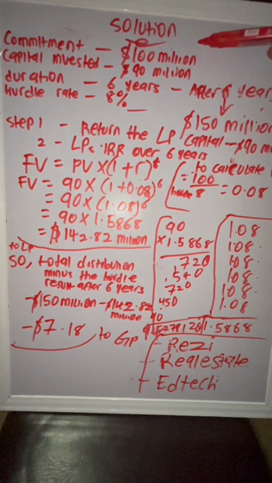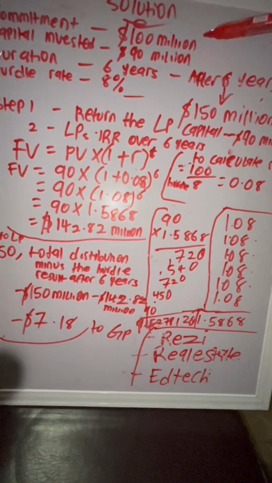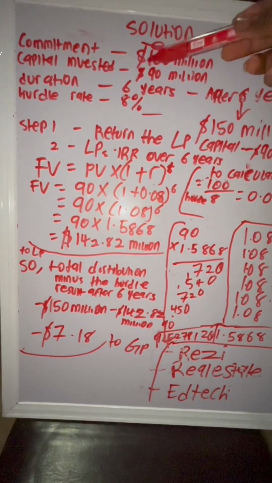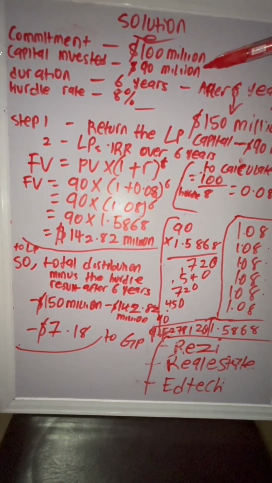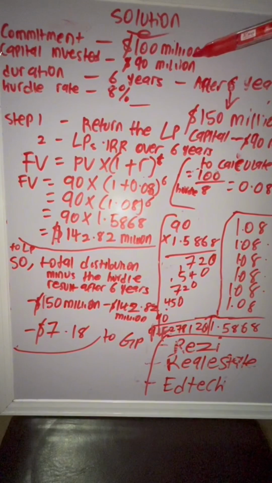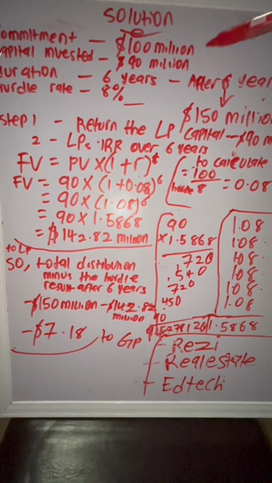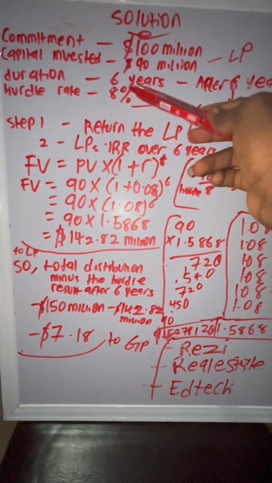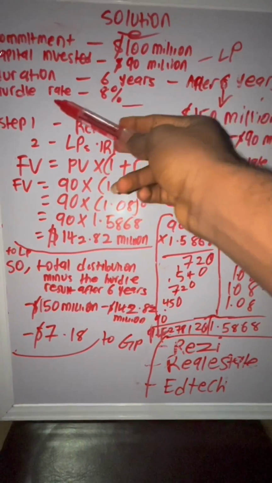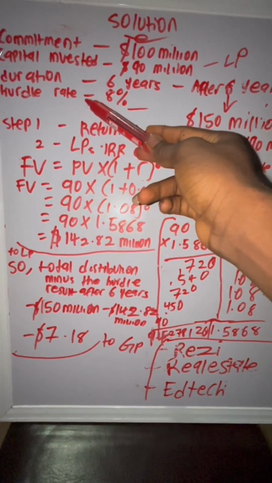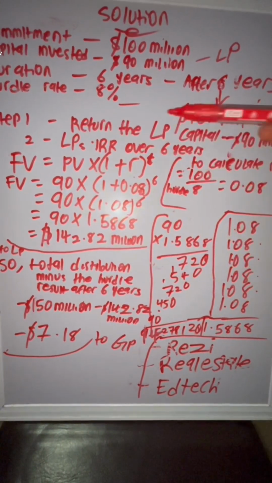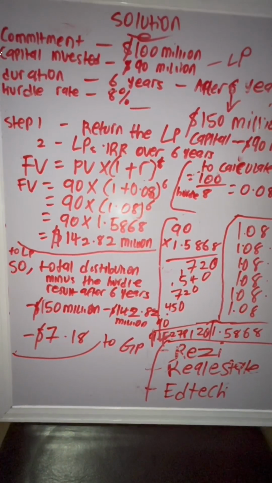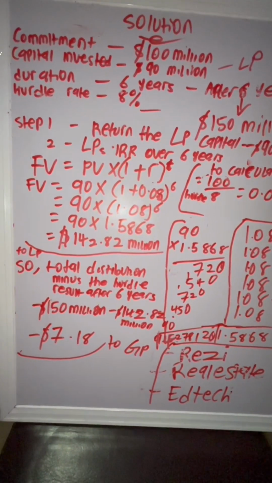This is the commitment, which is 100 million. That's everything the fund has. And this is what is invested, which is 90 million. That's what was invested, which is always invested by the LPs. So this is the duration, 6 years, and this is the hurdle rate. Standard hurdle rate is 8%, and after 6 years of investing, this is the revenue that was gotten, 150